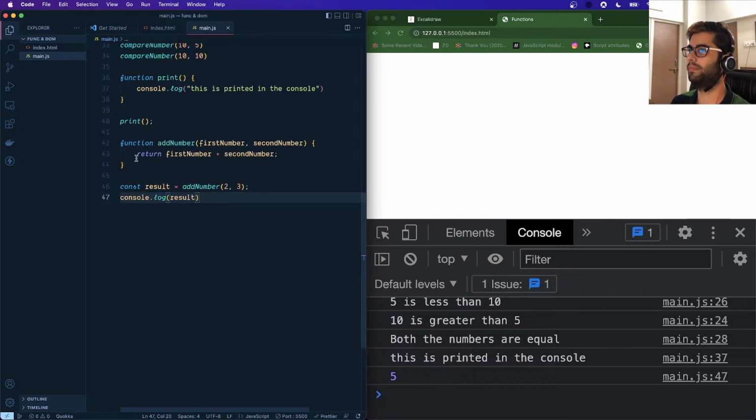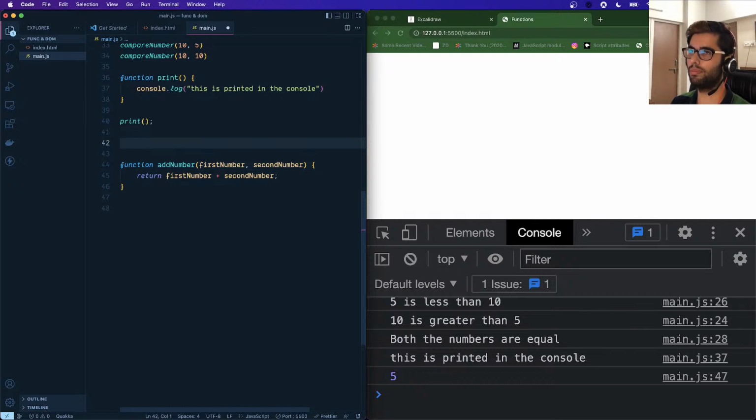The next thing is, suppose I want to, it is also possible for me to store a function inside a variable, okay, so that is known as function expression, okay. So suppose I have a variable const add, that is equal to function add numbers, and the rest of the thing is same, right? But what we are doing is we are storing the reference of this function in a variable. So basically this variable's value is equal to this function, okay,